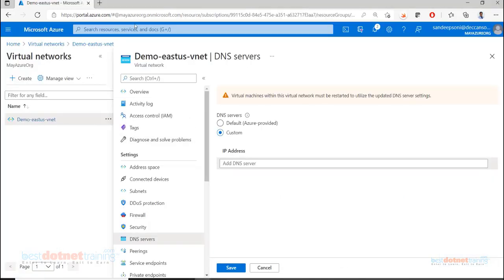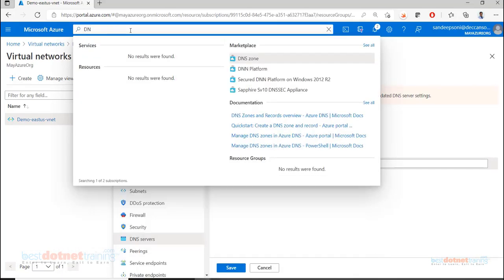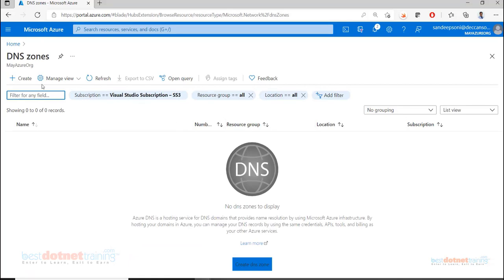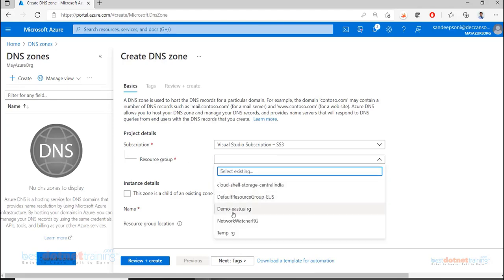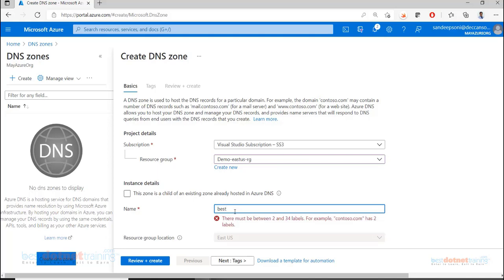Yes. That is where we will create something called a DNS zone. So I now create a DNS zone. This is the main topic we are discussing now. Rest all is for your knowledge I gave, but the main topic is DNS zone. So I will give my DNS zone as the domain name which I have purchased from GoDaddy, bestcpptraining.com. Go to next